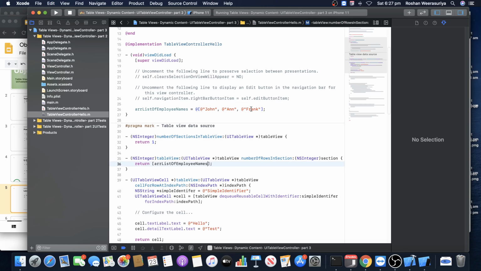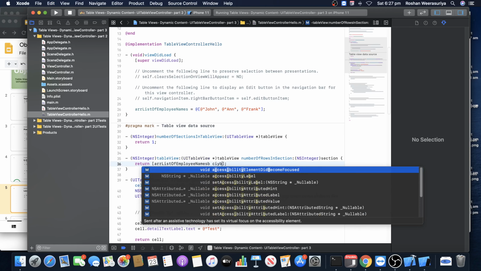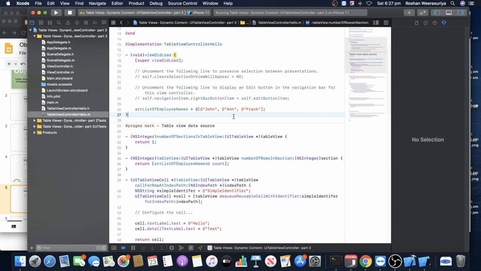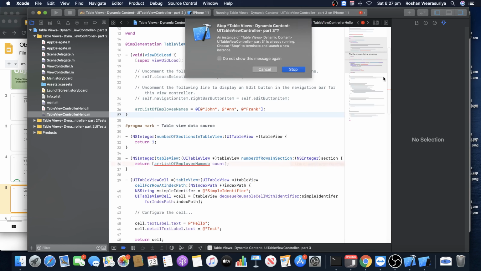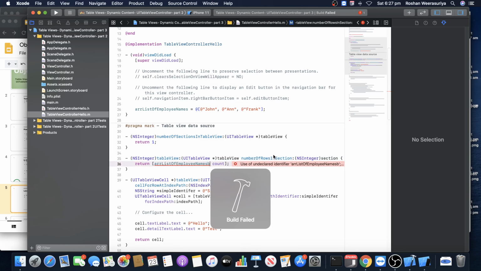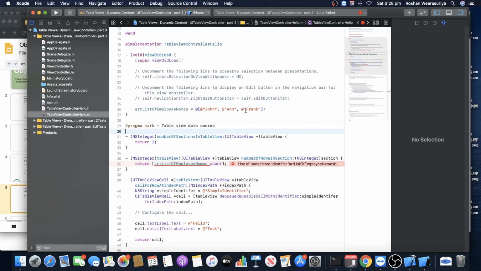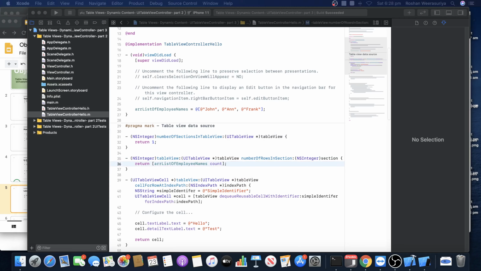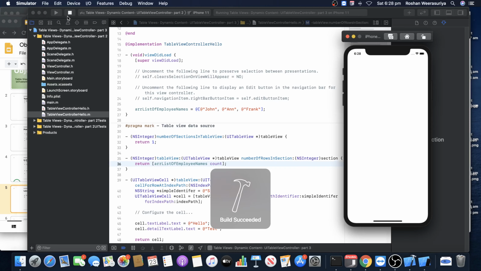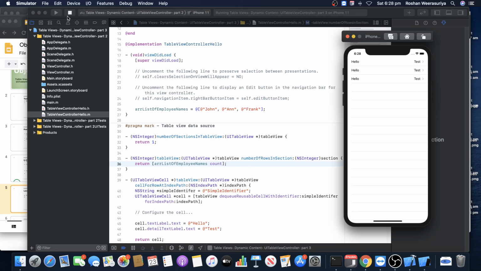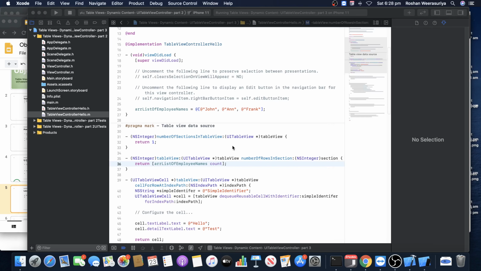But let's say if I put 3 items, the count should be 3, right, my friends? Let's see how it works. Let's run this now with 3 items, and the count should be 3. So I should see 3 rows, right? Awesome, friends. But still, it says hello. Why? That is because though the count is dynamic now,